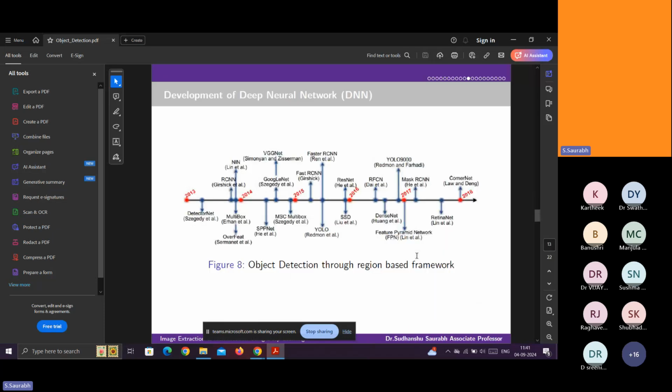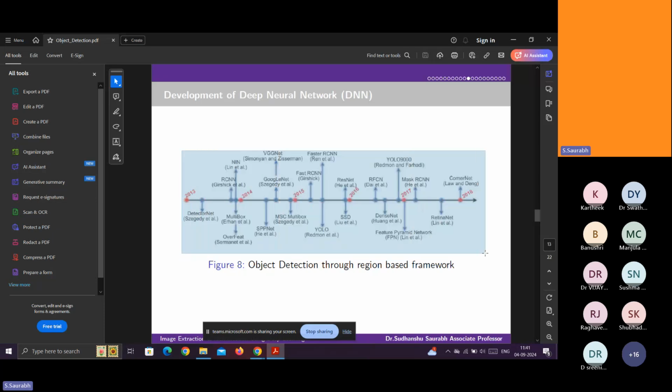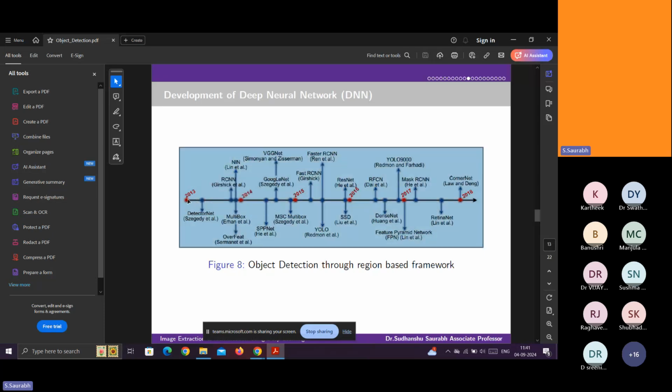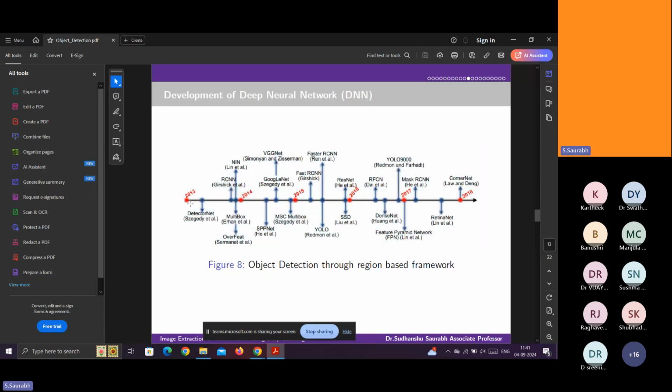See, this is model generation. Deep learning techniques for object detection started in 2013. The first model was DetectorNet, given somewhere between 13 and 14.